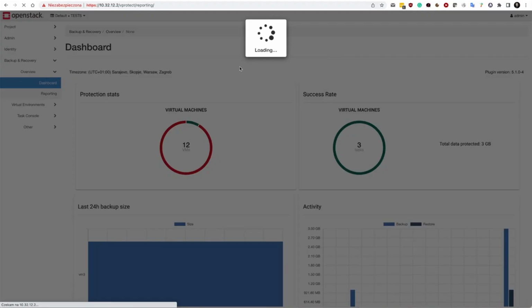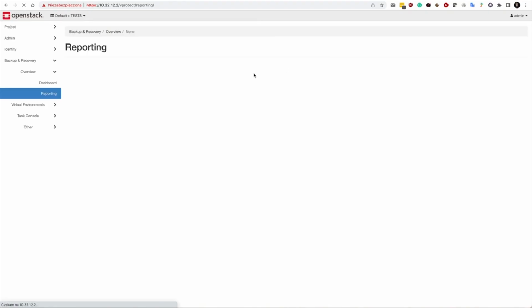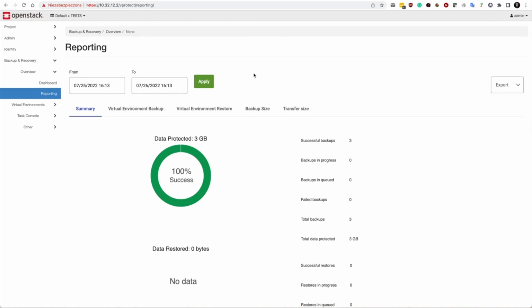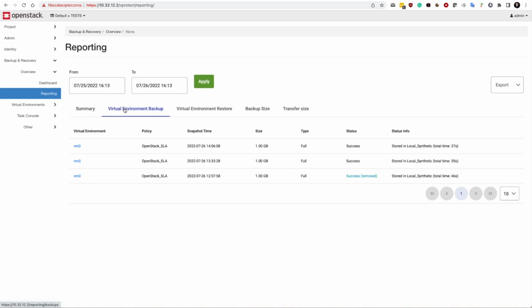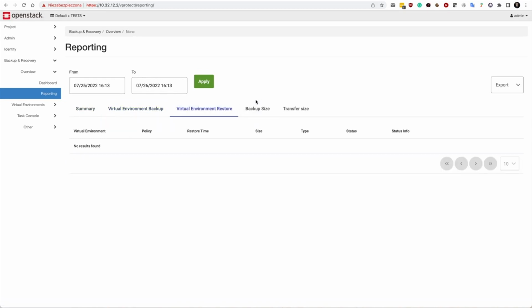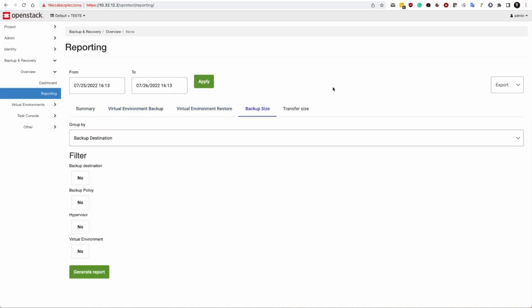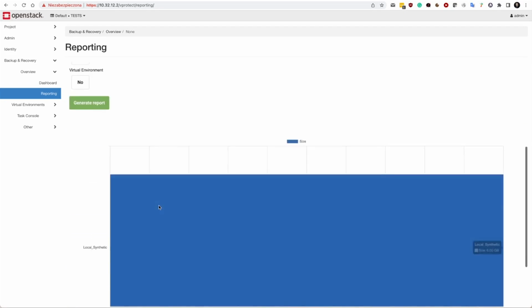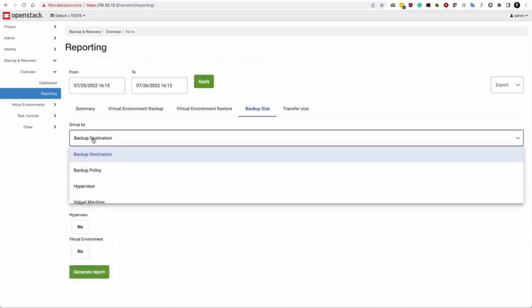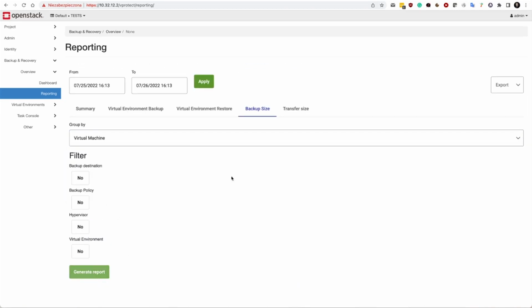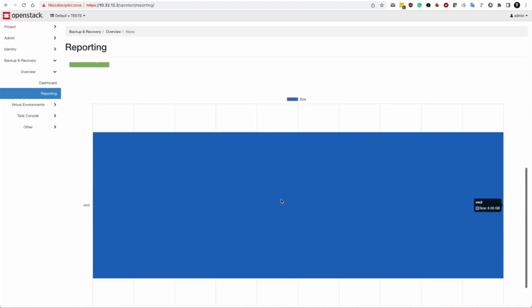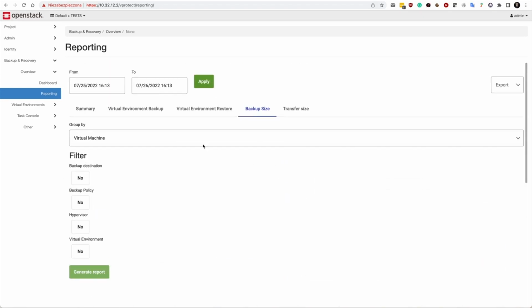Now, the reporting section allows you to see the last successful and failed backups and overall status rates for a given period of time. So I see that I have some backups already that have been created, some restores that have been invoked, backup size and transfer size as well, so I can generate reports limited to specific backup destinations or per virtual machine. I have only one VM here that actually needs protection, so let's go to the